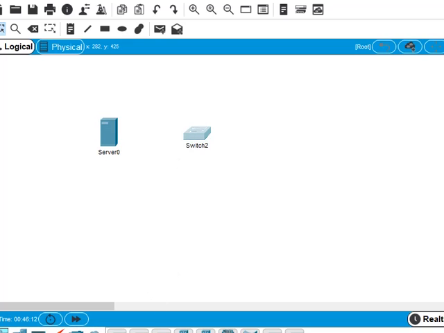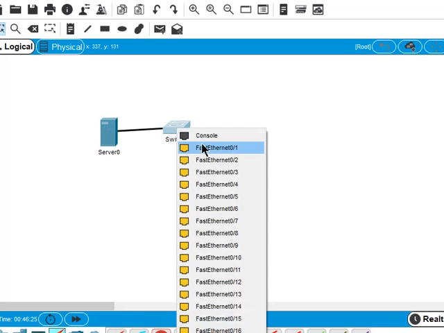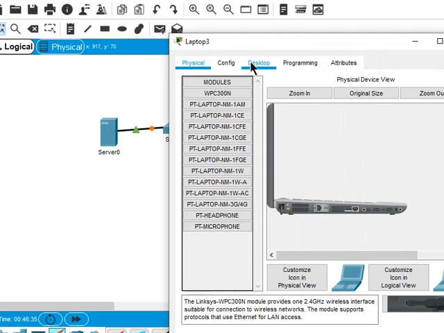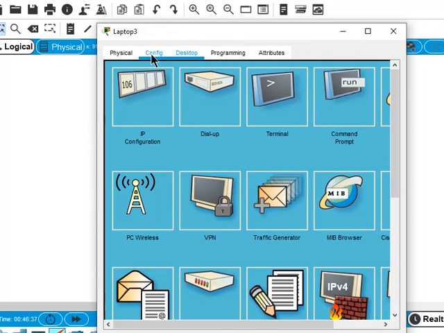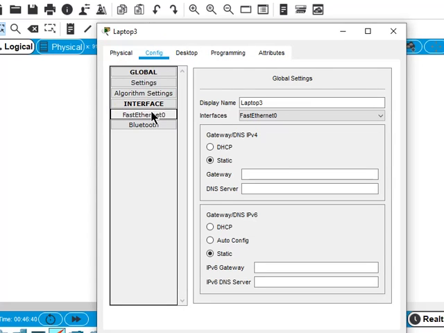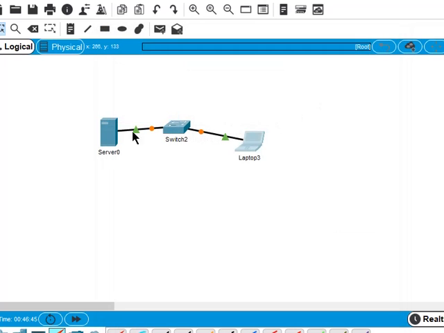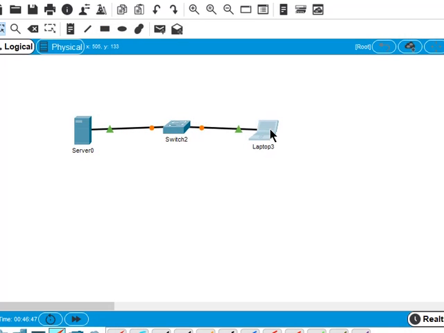Cool. So now I'm just going to go ahead and grab a laptop. And we're going to grab this guy here. Cool. So I'm going to put my server. This is a freshly configured switch, so you don't have to worry about any kind of existing configuration. Plug that into the switch too. There's no VLANs involved right now, just the default VLAN, which is 1. We're going to come over here and see config, and I'm just going to make sure that this laptop is set for DHCP. Cool. It's going to take about 30 seconds for these interfaces to finish their negotiations, so let's just go ahead